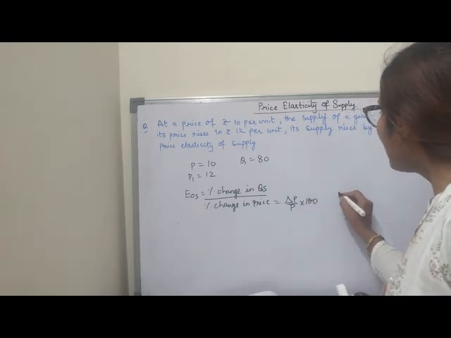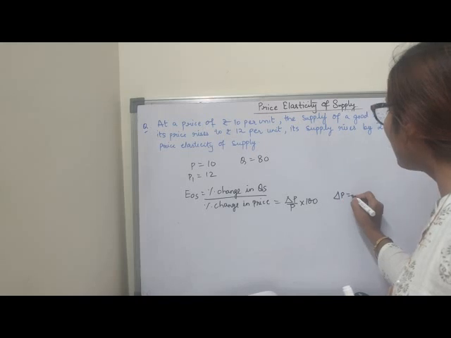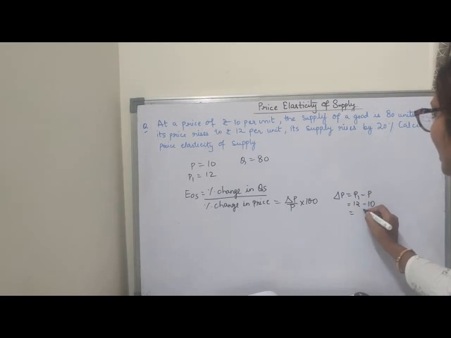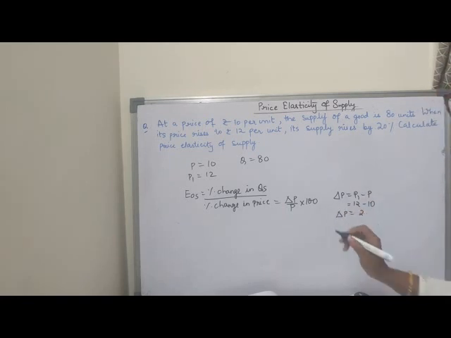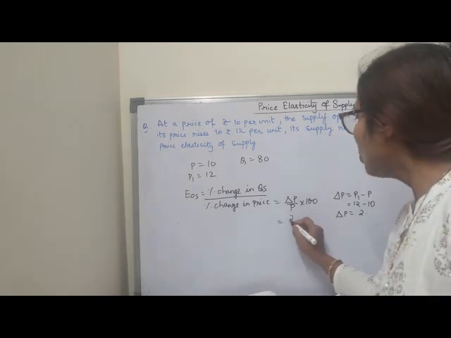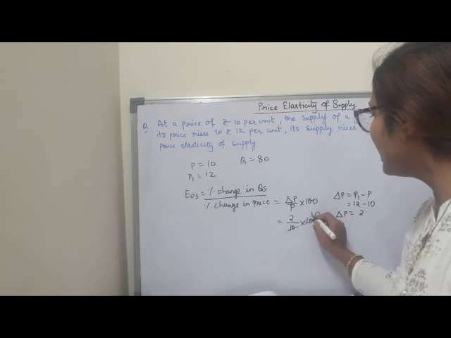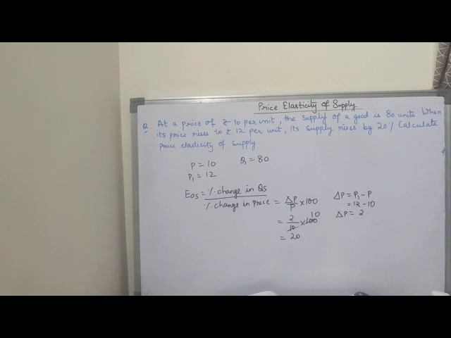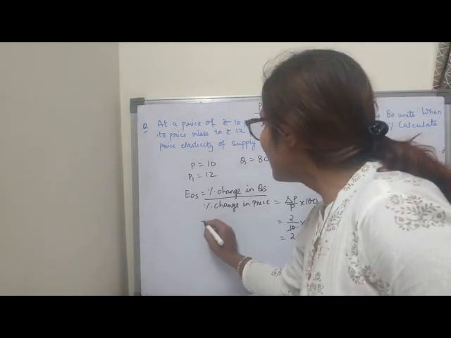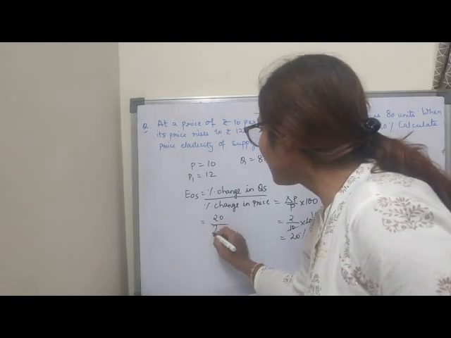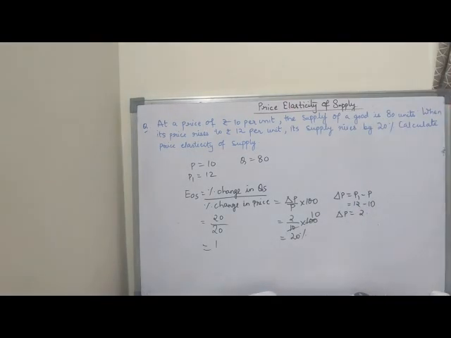And what is my change in P? How to find it out? P1 minus P, I told. So P1 is here 12 and P is 10. So 12 minus 10 is 2. So I know that my change in price is 2. Clear? Now I put 2 divided by P. P is 10 into 100. 10 tens are 100. So change in P is 20%. Clear children? Now change in quantity supplied is how much? 20. Change in price is 20%. So I can say that price elasticity of supply is equal to 1. Clear children? So it is unitary elastic. I hope it is clear. Please note it down.